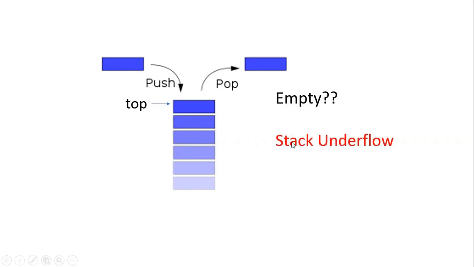If stack is empty and you try to remove an element, then it doesn't make sense, right? So we'll just display stack is underflow. And if a stack is full, for example, 4 is our maximum size of the stack, and you try to insert the 5th element, then you'll get a message stack overflow, and that element will not be inserted. Okay, so we'll directly go to the program now.